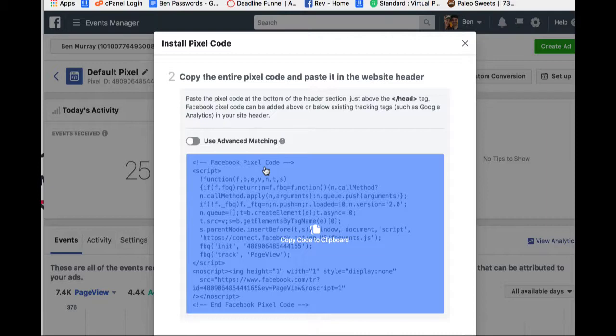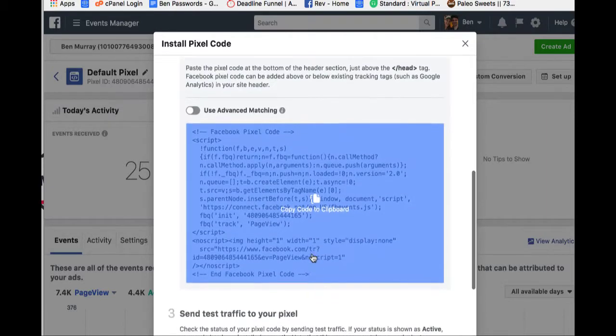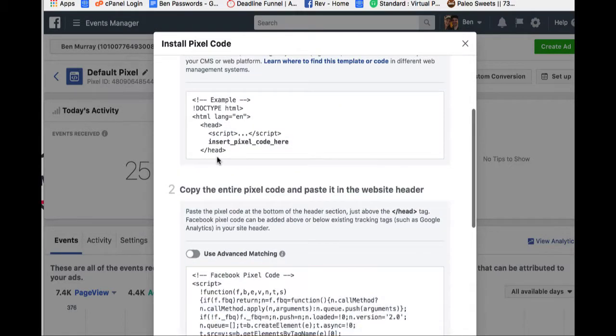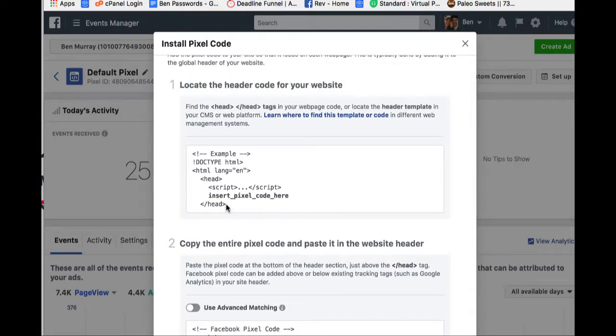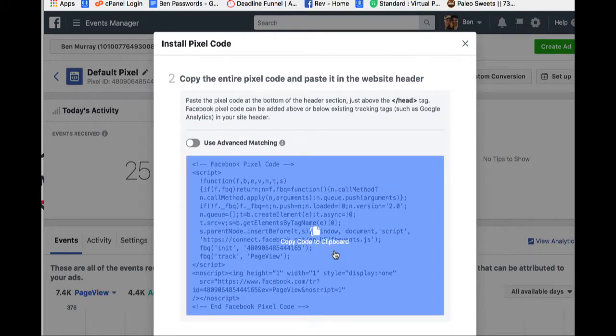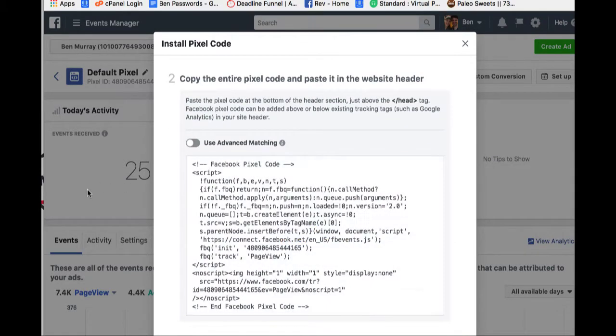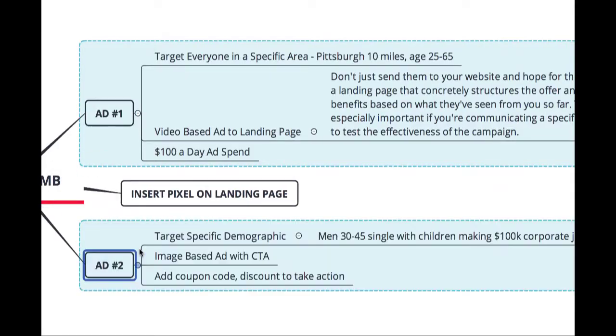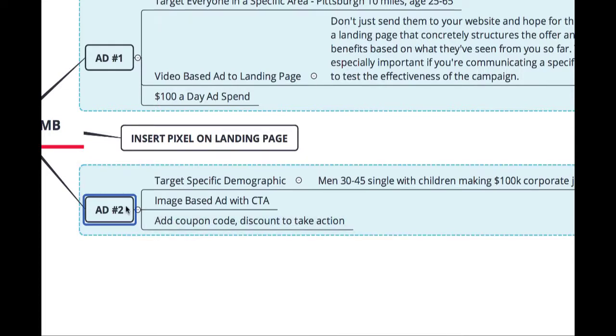So if you're using a page builder, paste it into where it says header script. If it's an HTML page, then make sure it goes similar to here, where it's the closing head tag. Make sure this Facebook pixel is on their site, so it's going to capture the data of everyone who's going toward the site. You're going to insert the pixel on their landing page. Then you're going to follow up with a number of specific ads, just targeting one specific interest or one specific